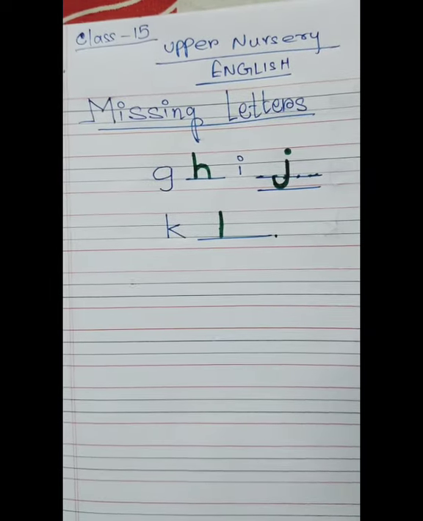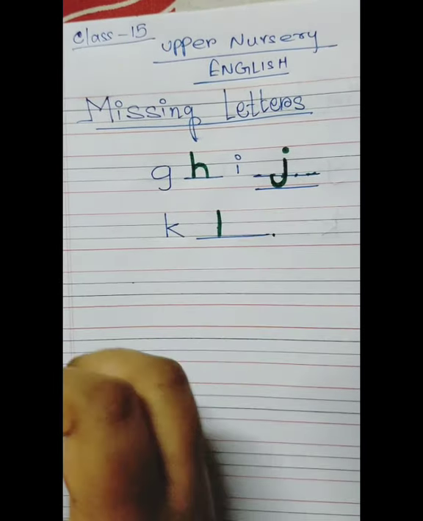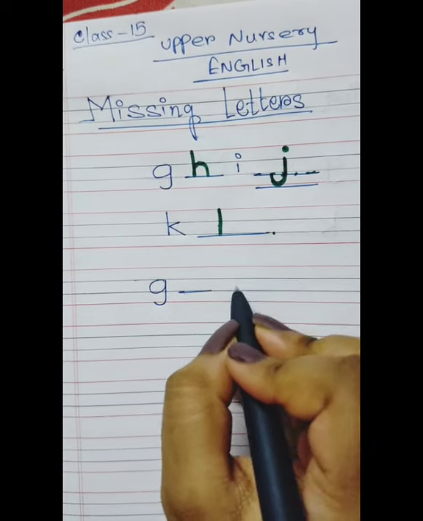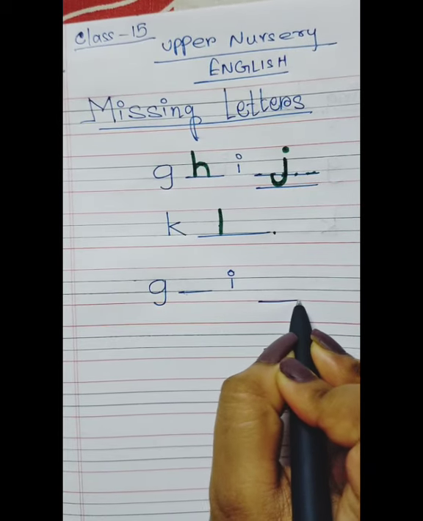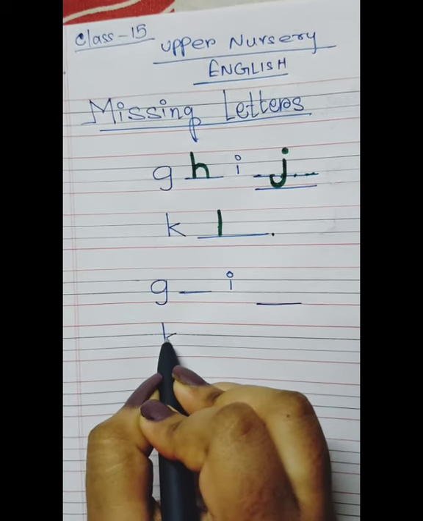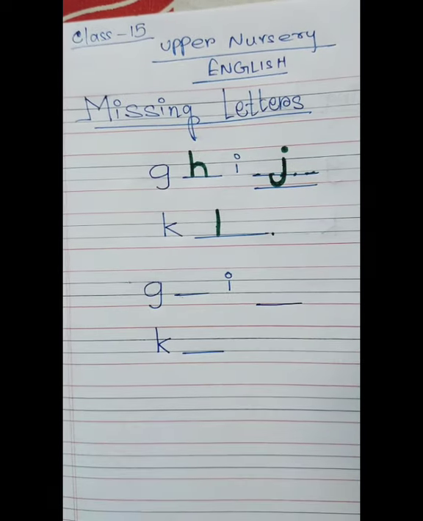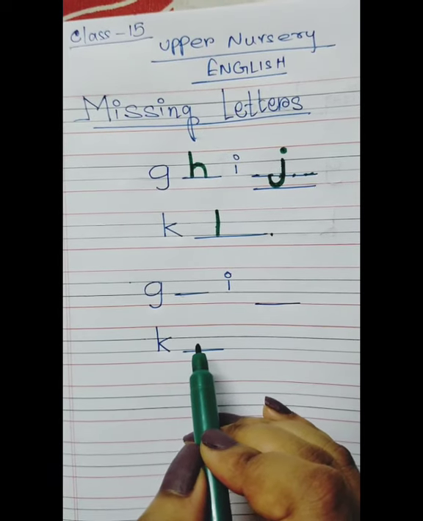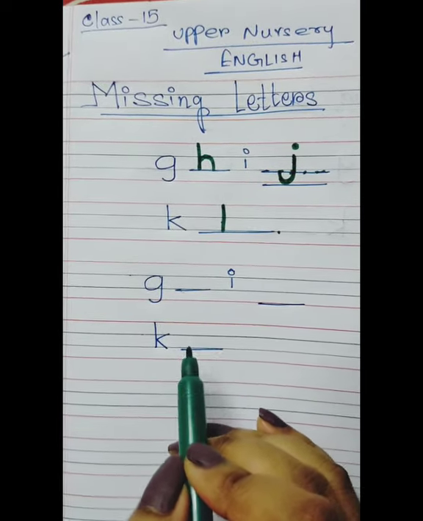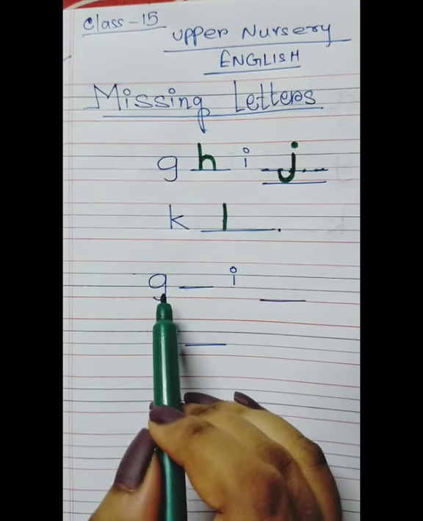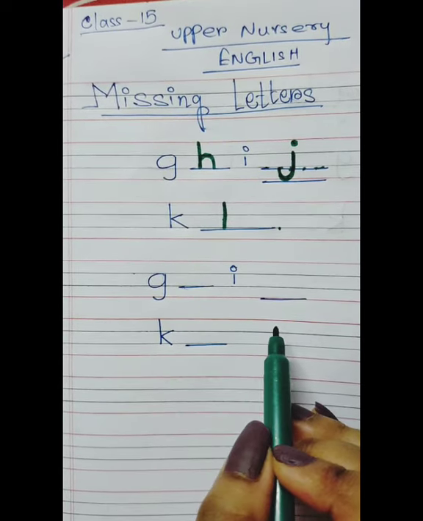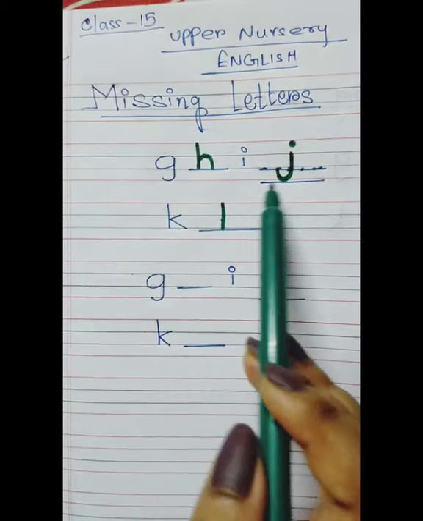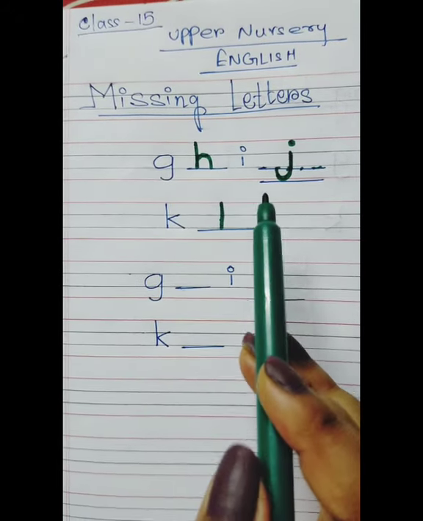Let me show you. This is for the parents. You will write like this: G, dash, I. You will make the dash here. Then K, dash. So you will let your kids fulfill this. You will just observe, every time I am telling the parents to observe, whether they are writing in the correct form or are habituated with all the alphabets. If not, do practice at home because it is very important, and these are all small hand letters. These are quite difficult for them.